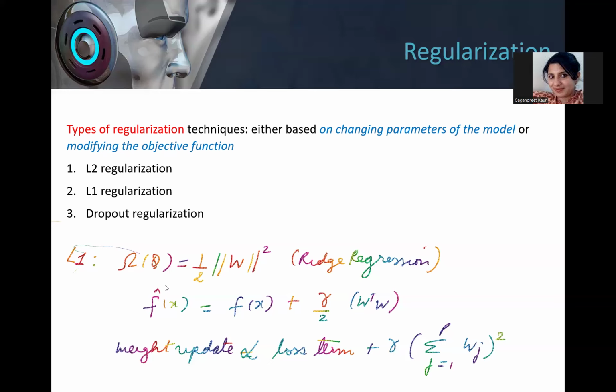Okay. So I can say that my approximating function is changed by a constant term, which depends upon gamma, the constant multiplying factor, and the square of the weights. So my weight update will be proportional to the loss term, that is my objective function, that is my gradient, plus there would be a regularizing term in which a subset of weights is used whose weights are updated by the addition of the square.